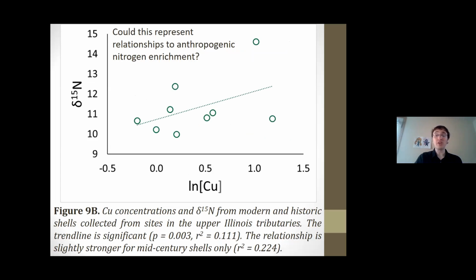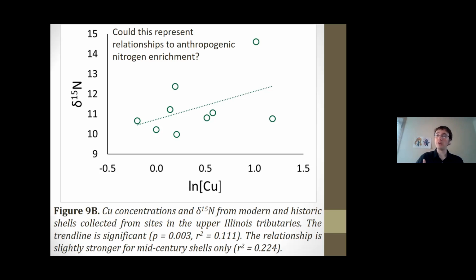And then the same with copper. Copper looked like a pretty clear-cut case. You know, Europeans showed up, industrialization happened, we started polluting more copper. Copper went up over the course of the 20th century. Copper is higher than our pre-Columbian background. And yet, when we look at those upper tributaries, we see a link with nitrogen, N15. And the work of my colleagues at Illinois Natural History Survey also found that there was a link between N15 and the growth rate of our shells throughout the system.